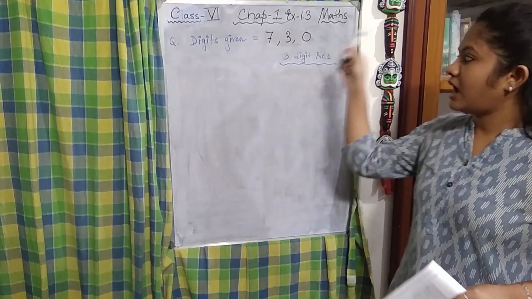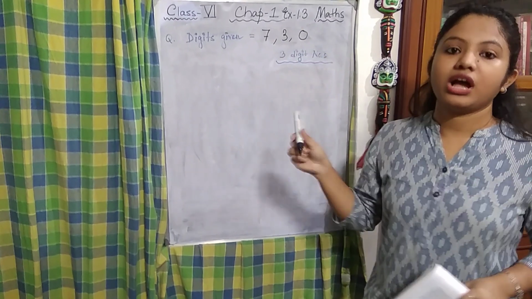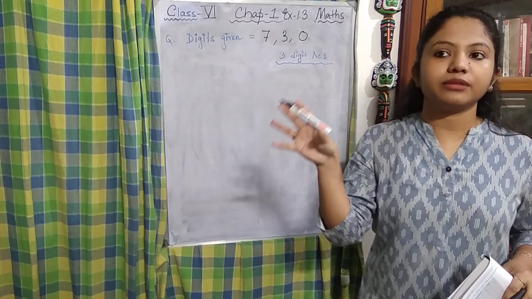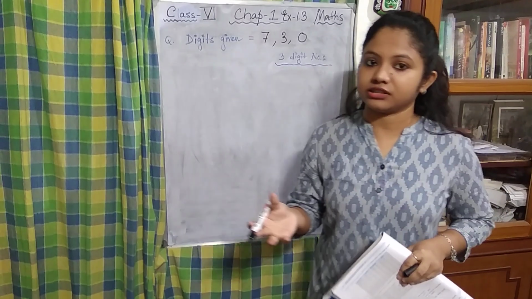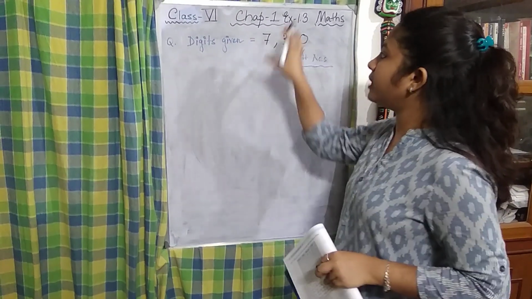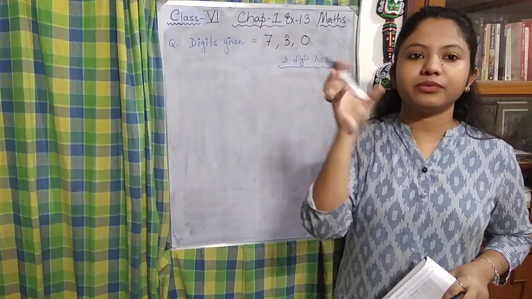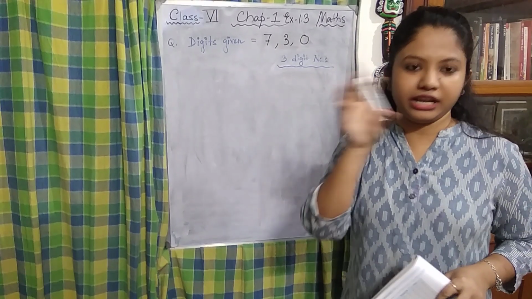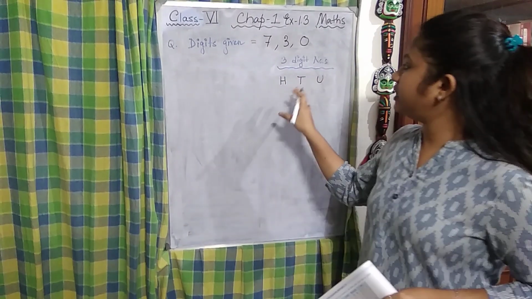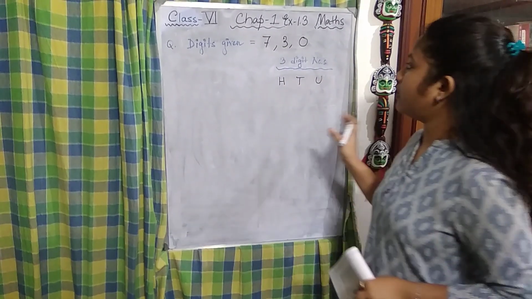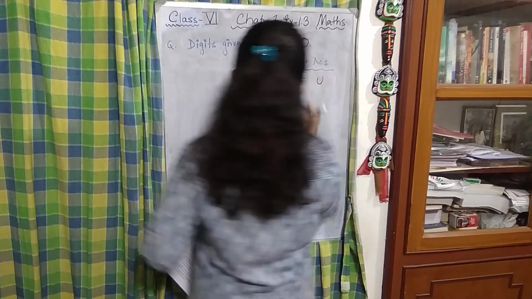Now see, I have taken three more digits, 7 3 0. Why have I taken them? Because this is another type of sum where there is a high chance of making mistakes. While we are making a 3-digit number including 0, we have to keep some things in our mind. Let's write down the unit, tens and hundred positions. Now let's get started, how I taught you. Let's start making the combinations.